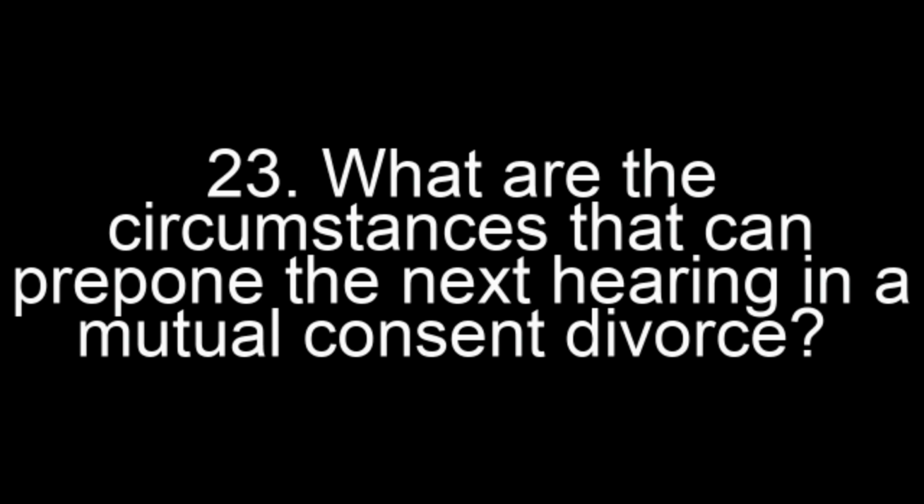There will be two motions. The motions mean there will be two dates, two adjournments. That's the minimum. Based on these two adjournments, the second adjournment can be preponed from 6 months to 1 week. This was clarified in Amardeep Singh's case. That can be done only when the couple has completed 18 months of separation prior to approaching the court and moving the first application, the joint application. It can be done as per Amardeep Singh's case. Then 1 week is the time.